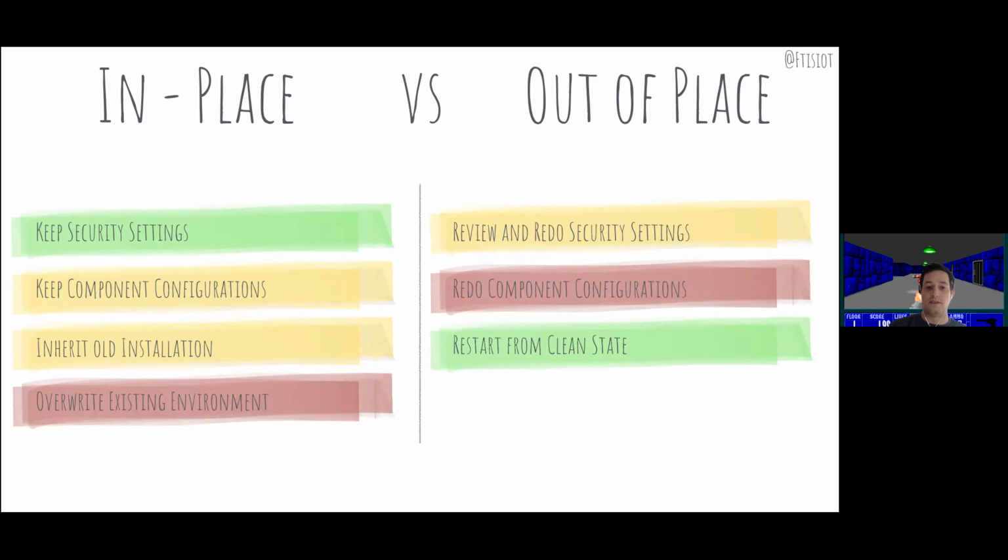In place also means that you have one shot of migrating to OAS. So you have OBIEE as of now, you migrate to OAS, and you are overwriting the existing environment. There is no way of going back until you restore a backup, basically. While with the out of place, you have a good option of having the new environment built alongside the existing environment, meaning that you can do parallel checks about what is working and what's not. So the in-place option is always a good one because it allows you to do one shot, but also bear in mind that sometimes the out-of-place is also a good option when talking about an upgrade.